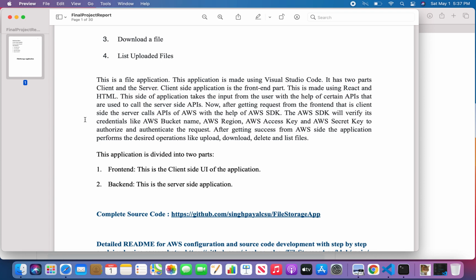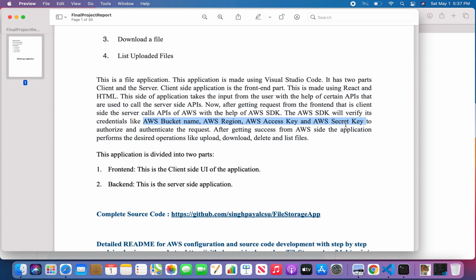And in the server part, I have used Node.js and Express.js and AWS SDK, and these four things, as I told you, we will require. So right now we already have our AWS bucket name, AWS region, and AWS access key and AWS secret key.